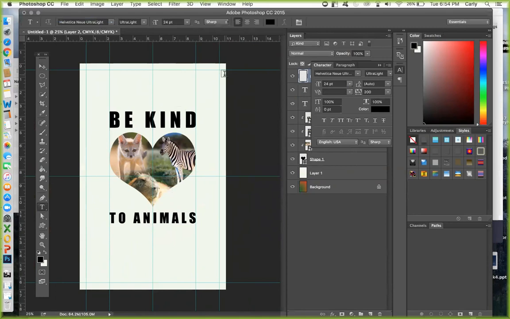And instead of being aligned to the left, I'm going to use center alignment, so I can click directly on the center line here and start typing. And I'm just going to make up a fictional website URL, bekind.org. And so see here how